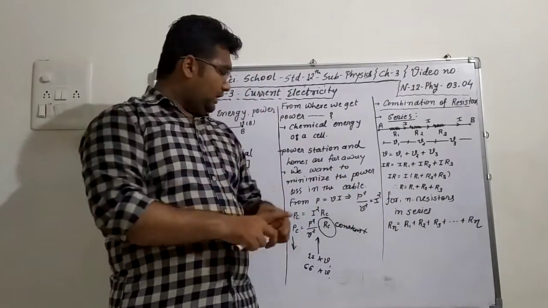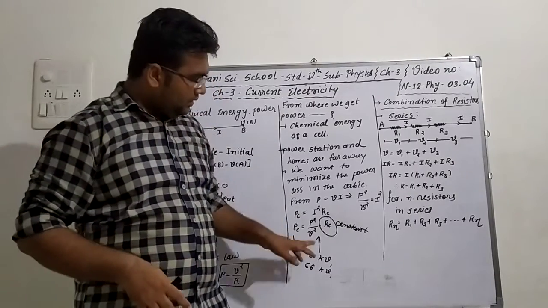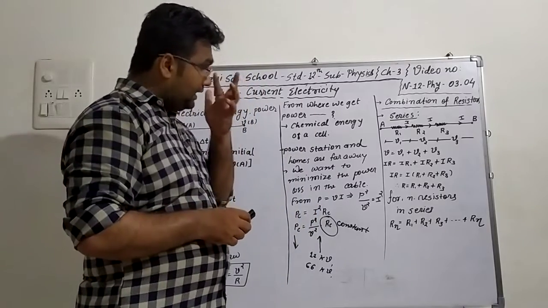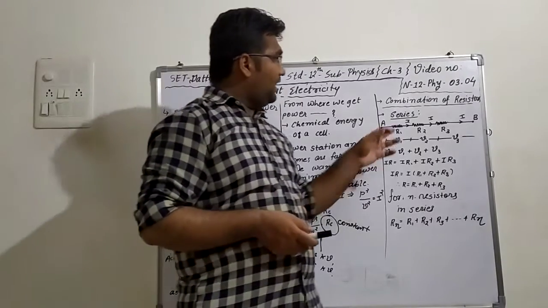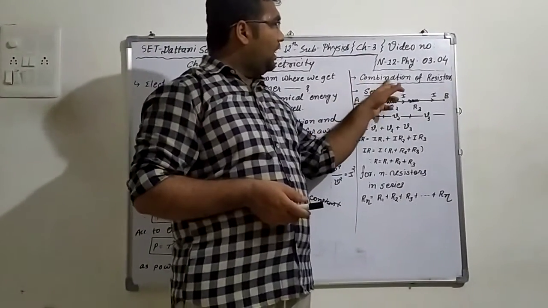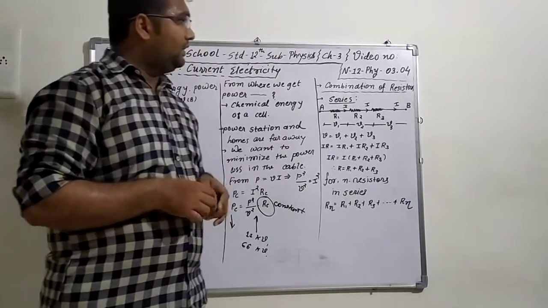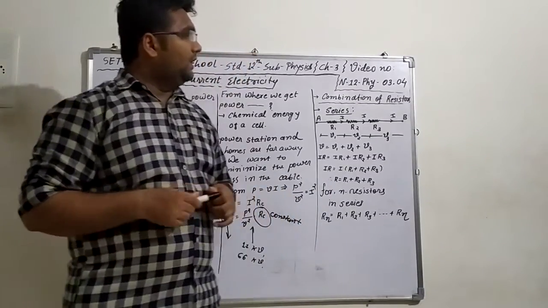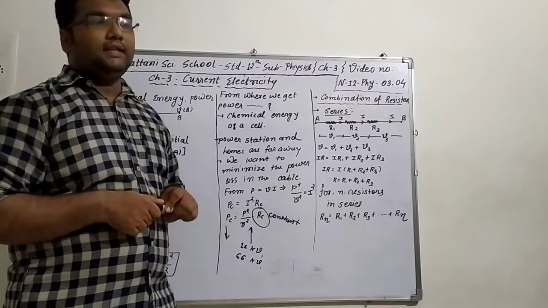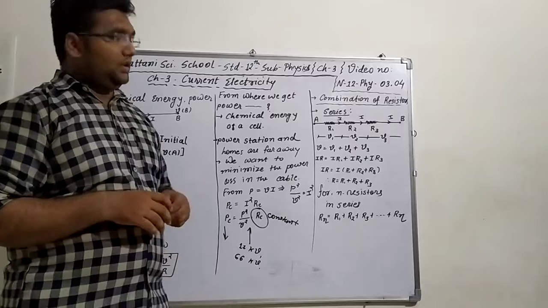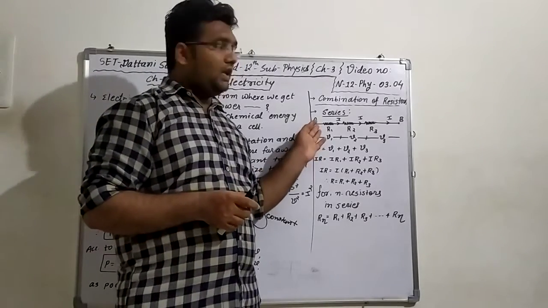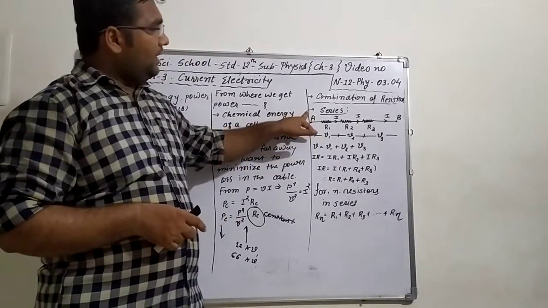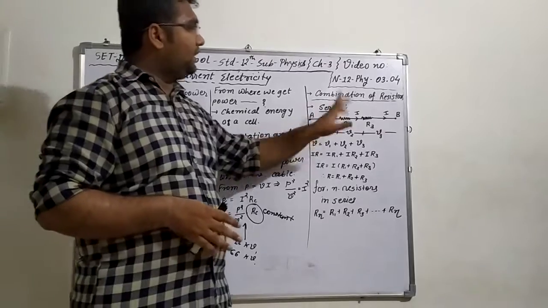So for reducing the power loss of a transmission cable, we are increasing its voltage, which is called high voltage lines. After that, we move forward towards the combination of resistors. In some applications, we are supposed to connect the resistors in series, and in some appliances we are supposed to connect the resistors in parallel. First of all, we will learn about the series connection of resistors.